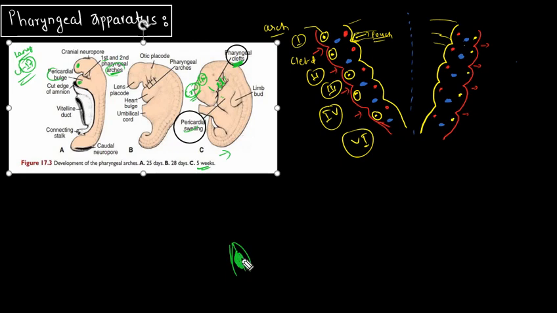Imagine that the space inside is now filled with mesenchymal tissue. Again, ask one of your friends to keep their hand in the same position, slightly extending the palm from each other, giving it a space. Again it is filled with mesenchymal tissue. Again ask another friend to keep their hand above it. Now the space is filled with mesenchymal tissue, and that is the typical structure of the pharyngeal apparatus.